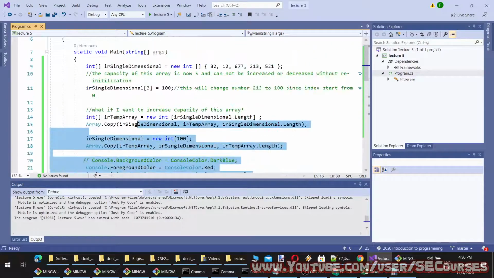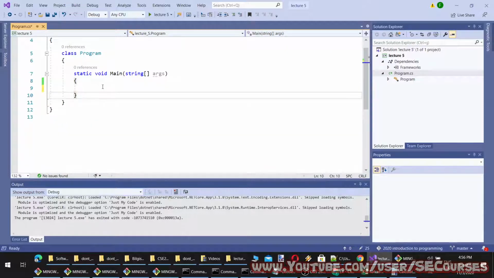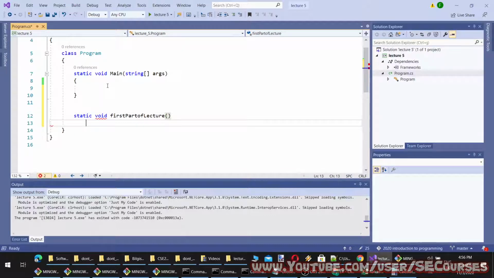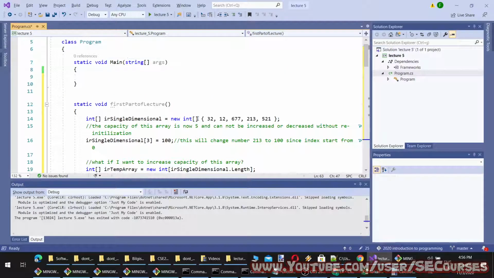Okay, I'm going to take all of this into a new method. Currently we were in the main method, and now I'm going to write a new method, and I'm going to call it lecture. We will see more about method calls in the future.